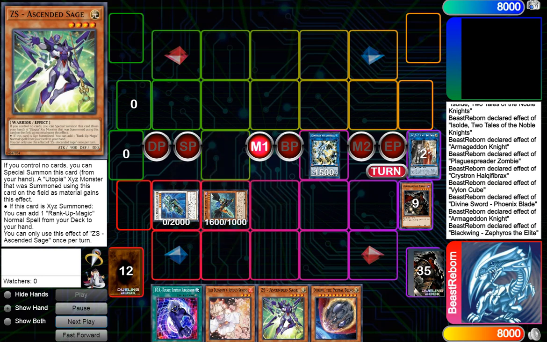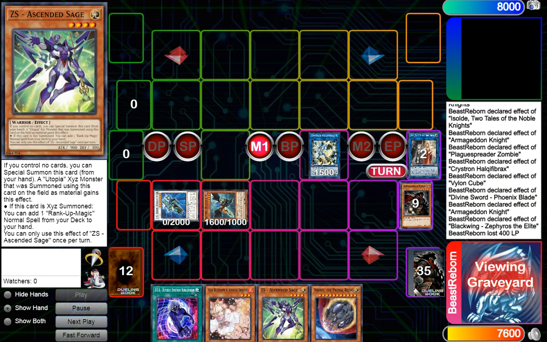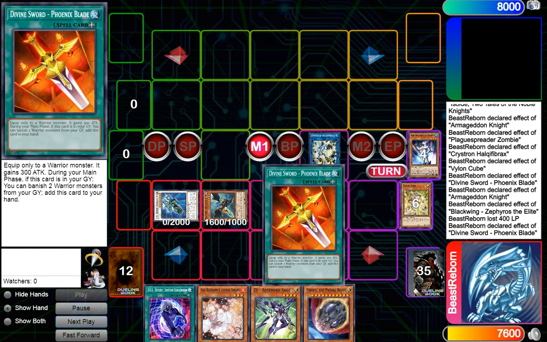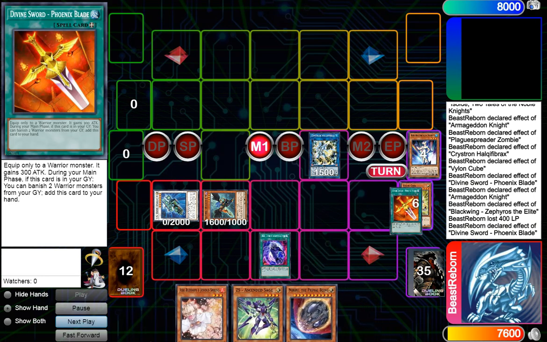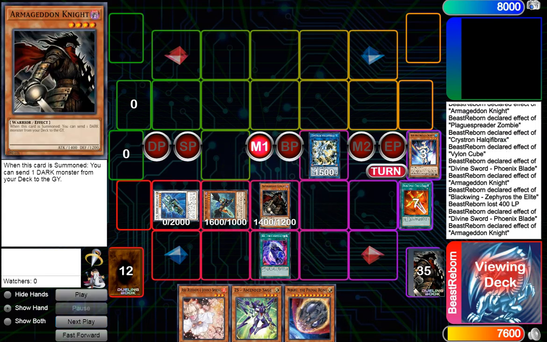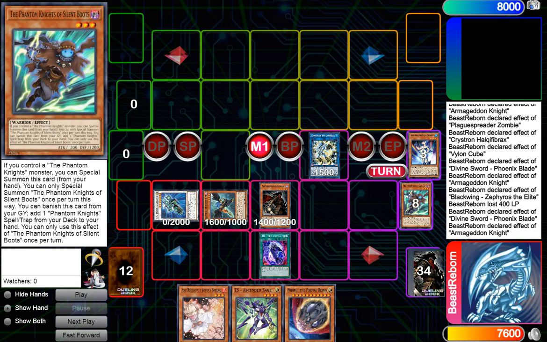That immediately costs 400 life points. And then you're going to DDR again. That's by banishing Armageddon Knight, sending it right back to the grave to bring it back out. And from here, you're going to now send 1 of your 2 Phantom Knights. You can either send the Cloak or the Boots. Doesn't really matter. In this scenario, I did send Boots, but I would say the best one to send is going to be Cloak,